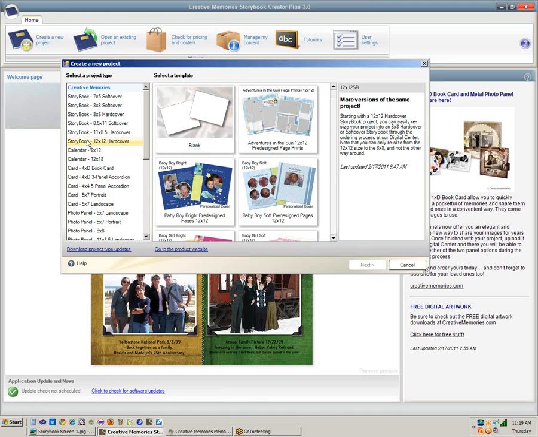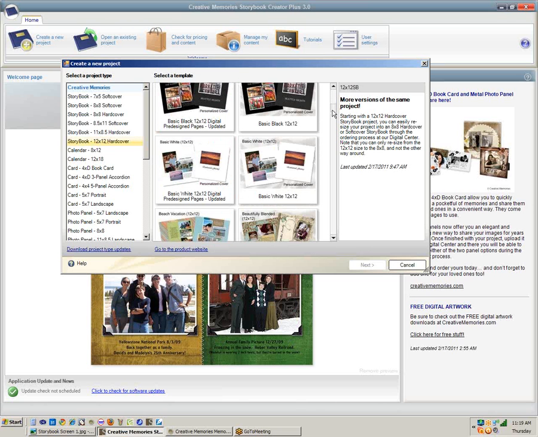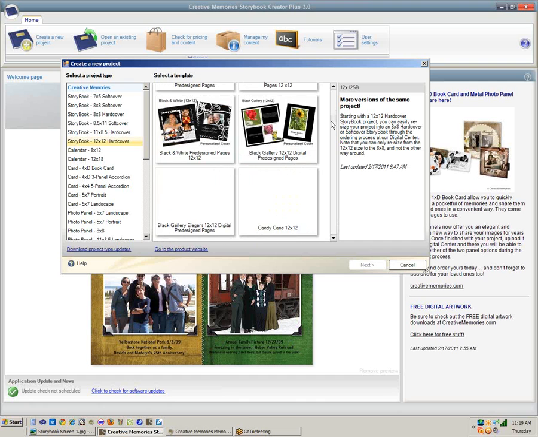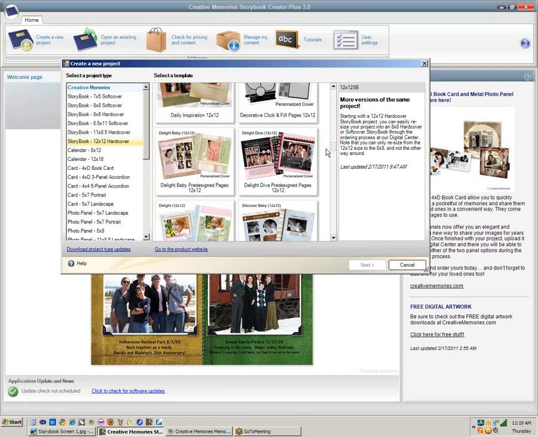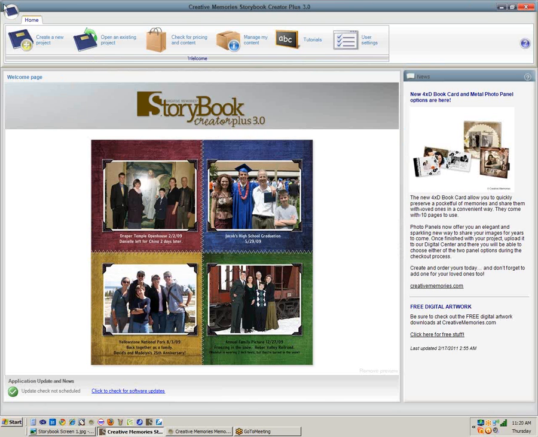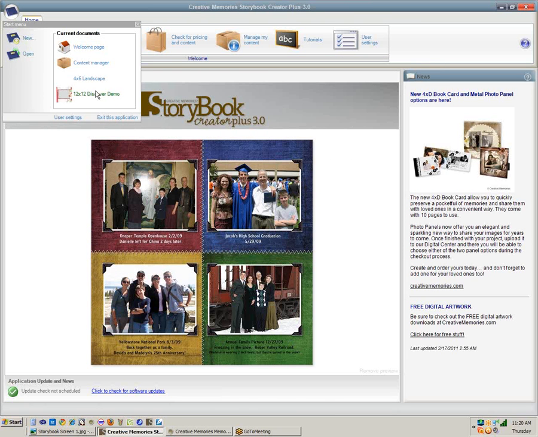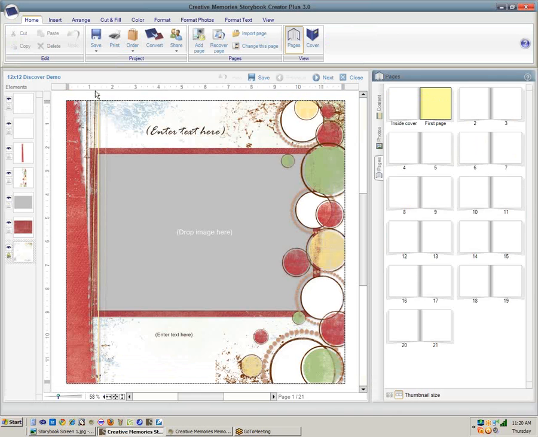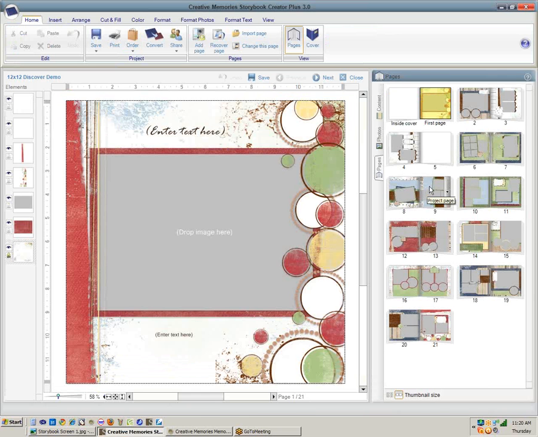So I have selected the Storybook 12 by 12 hardcover, and here's all of the themes that you've either purchased or came with your software or downloaded for free. The one that will be on many of yours will be what's called Discover, and I'm going to go to a book that I've already created using the Discover. It builds you 20 pages, and the beauty of a storybook view is when you're on a double page spread